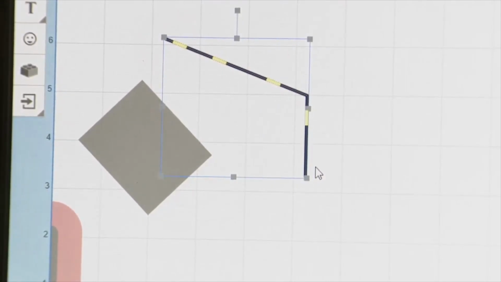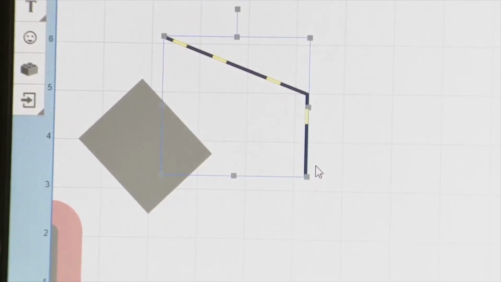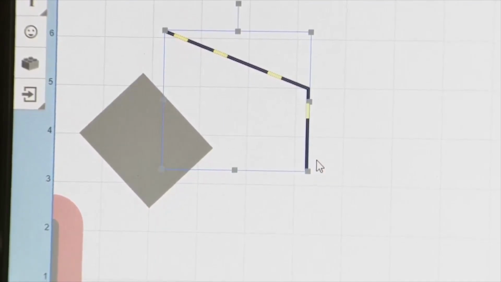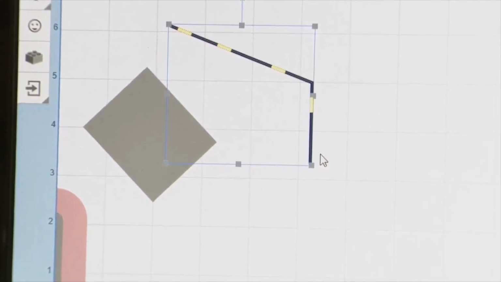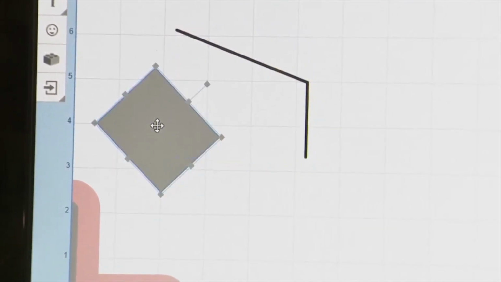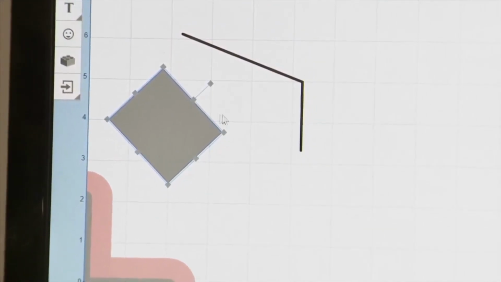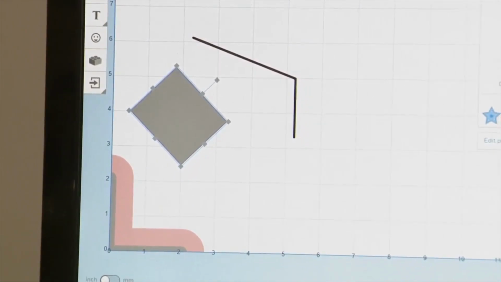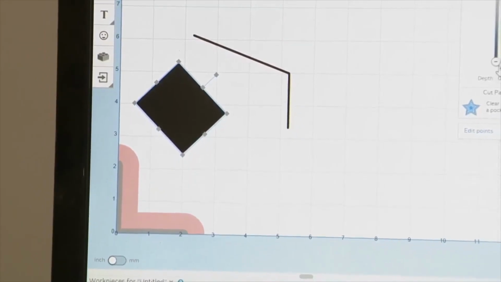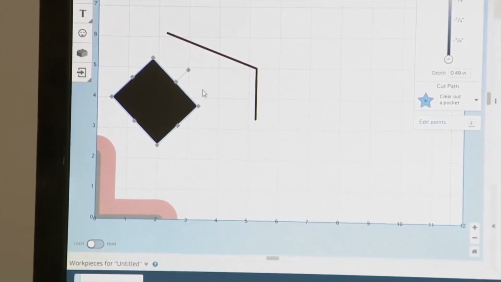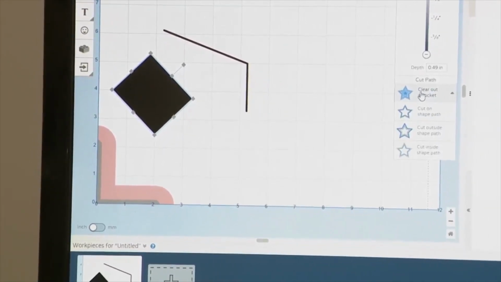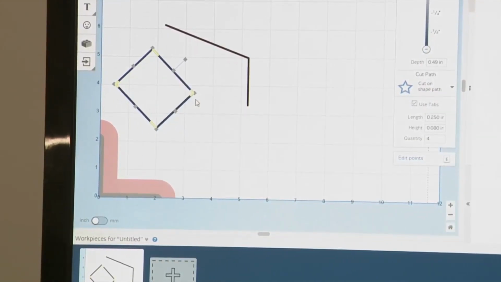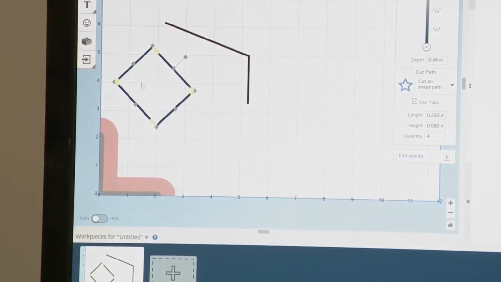Then we can go back with a hand tool and remove those. The tabs simply prevent machining problems where the two pieces might move separately, or in the case of our square, if we were cutting the square all the way through the material to remove it,